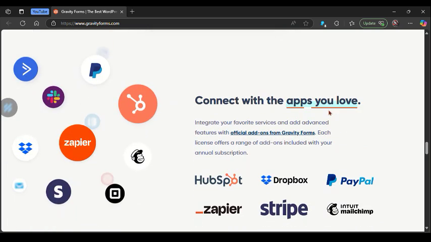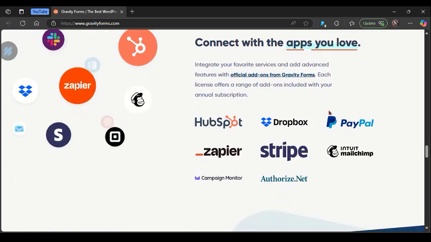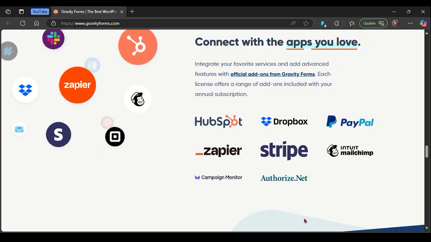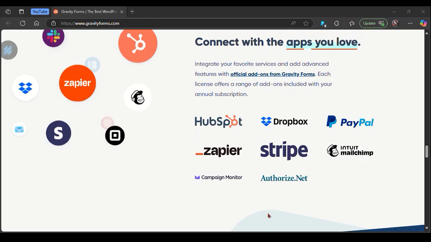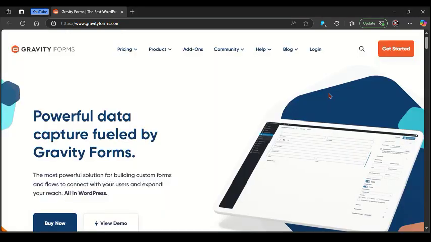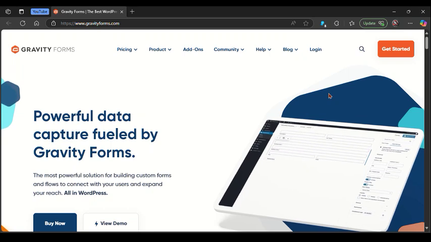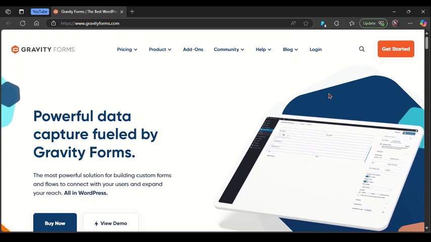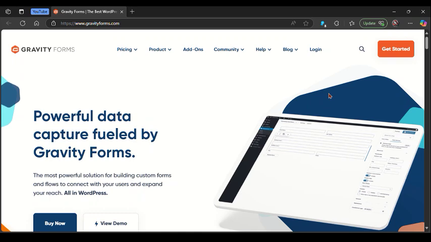What sets Gravity Forms apart in 2025 is its new AI-powered optimization that suggests ways to improve your forms for better conversions, alongside enhanced analytics to track performance. Developers love it for its customization options through its hooks and APIs, while marketers appreciate how easily it connects with